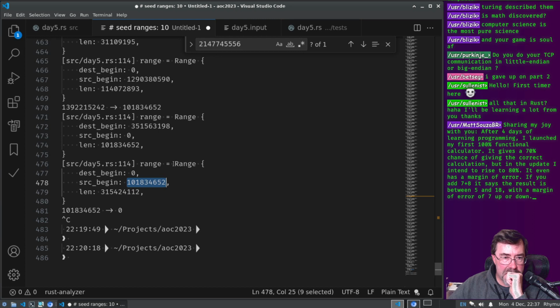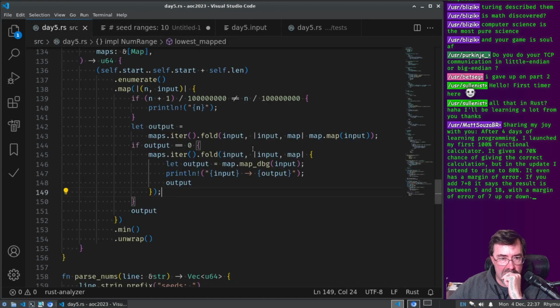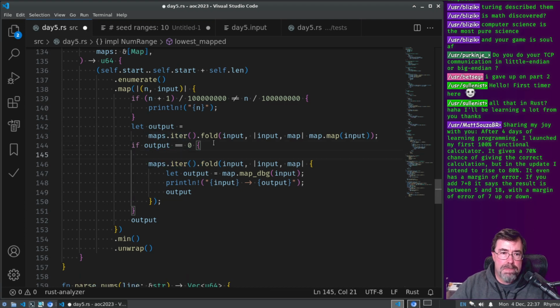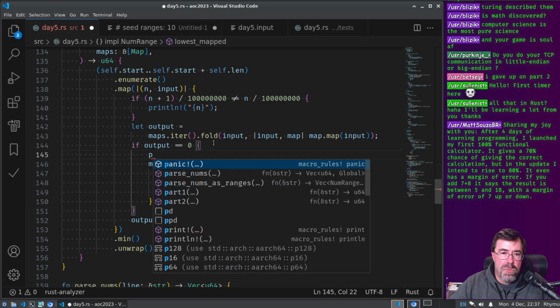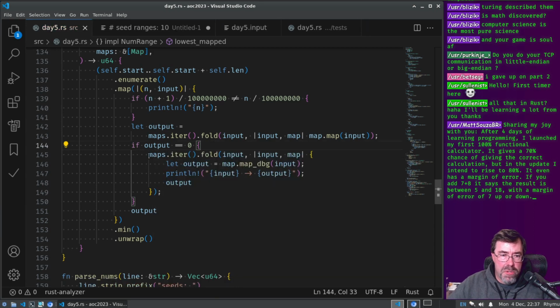Yeah, I'm just not seeing it. I'm seeing that, but then it's supposed to pass that 0 through again, but I'm not seeing that. It's this fold here, right? Can we just print out the, can I do a DBG on maps?